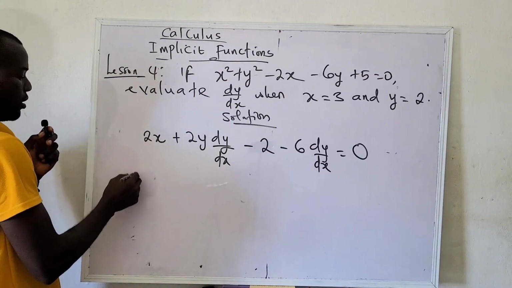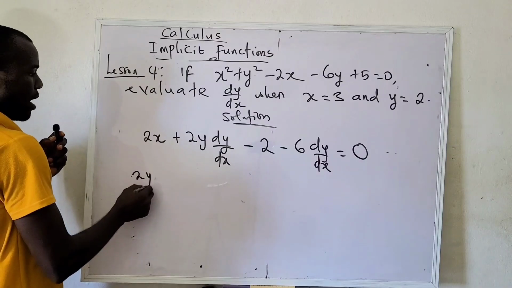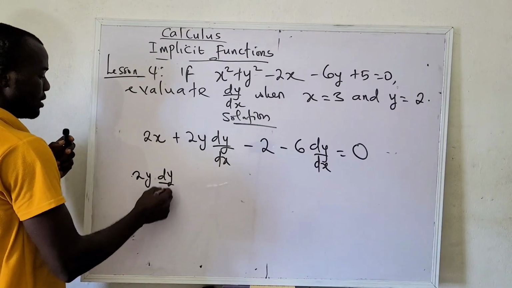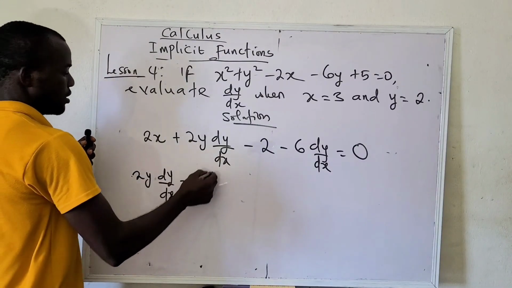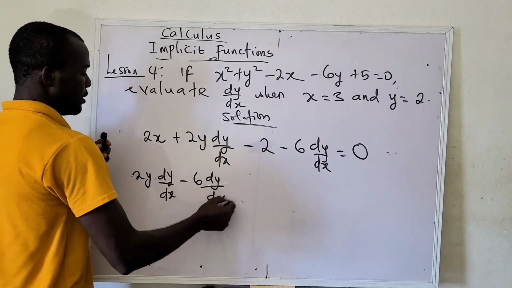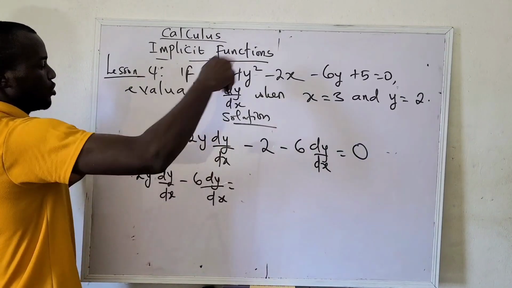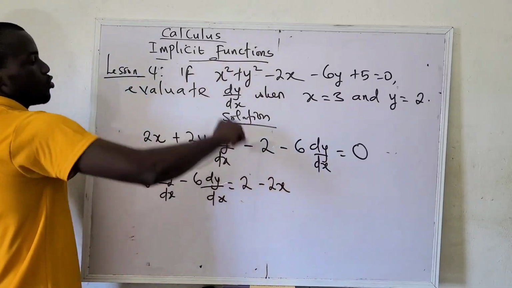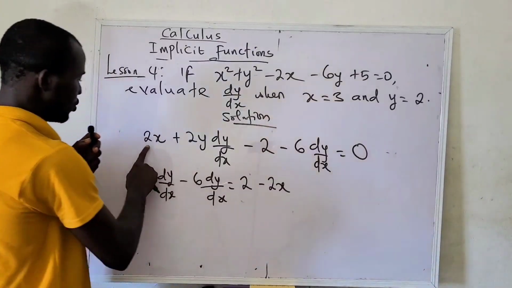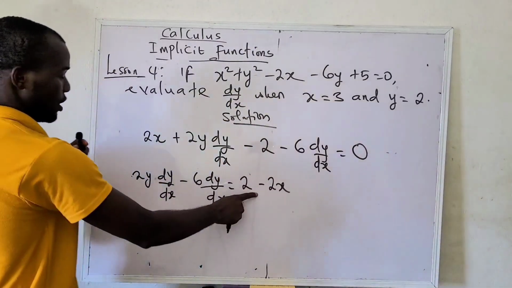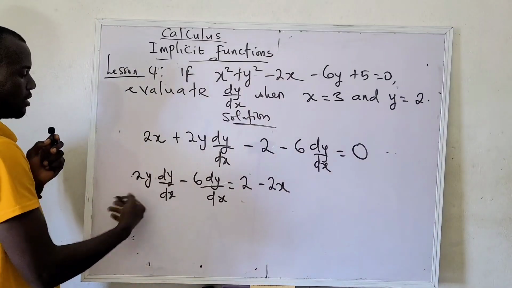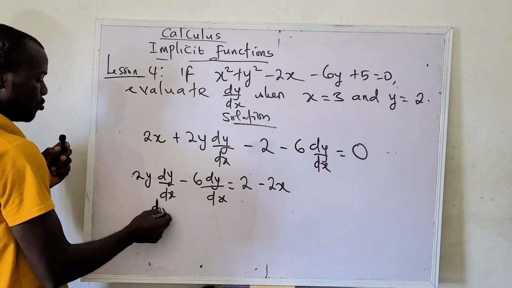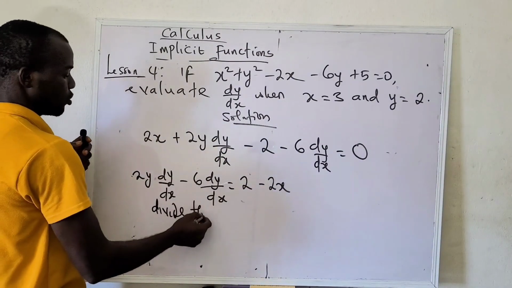Okay. The next thing is that you want to collect terms together. This will be 2y dy over dx minus 6 dy over dx. Then I'm going to move this other one to the other side. So I'm going to have 2 minus 2x. 2 will go to the other side. This 2x will also go to the other side. That's what we have. If I divide through by 2,